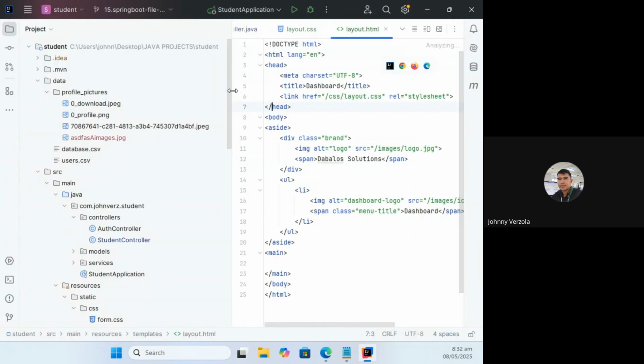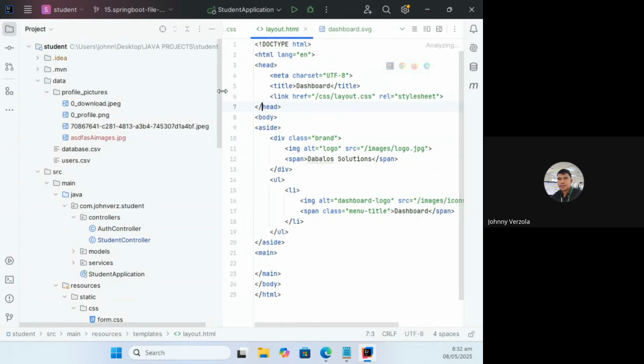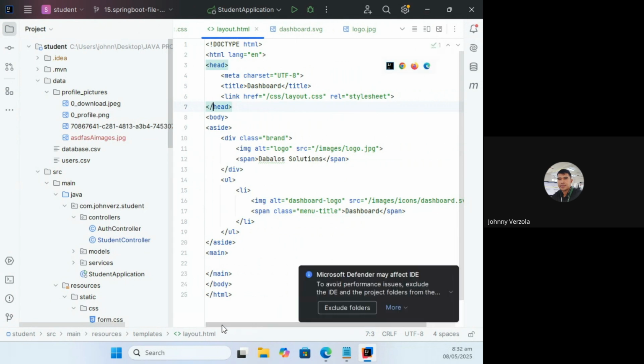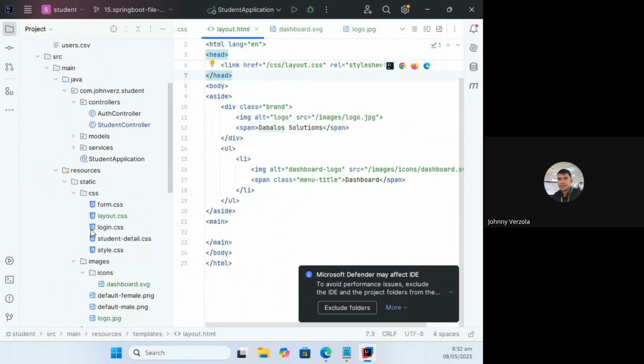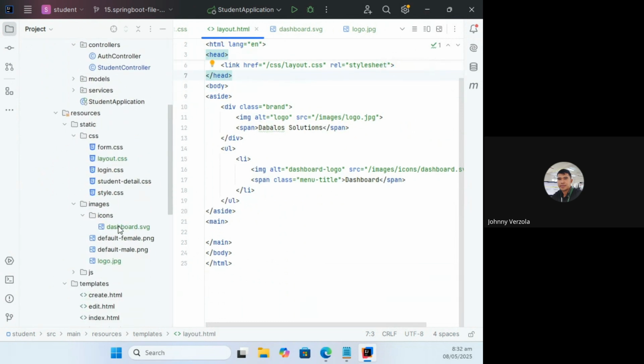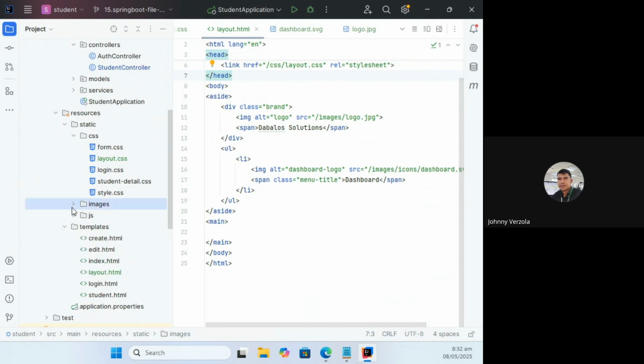So we started working on the layout, by the way. I'm just going to complete that later on. But for now, instead of continuing with this, I'm just going to create a rough master layout that contains a sidebar for menus and a main area where dynamic content will be placed.